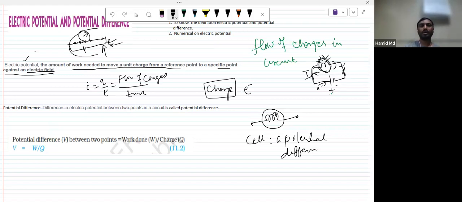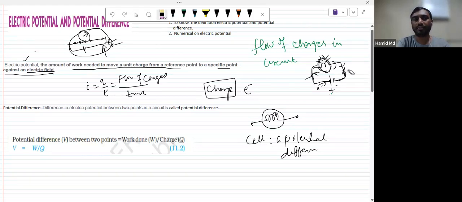So this is the electric field. Whenever there is a charge, that charge will create an electric field around it. So you have to bring a charge from one reference point. Suppose the circuit will only complete when a charge moves from this point, making a complete circuit, and comes back here and again from any point. If it makes a complete circuit, then only the light will glow.